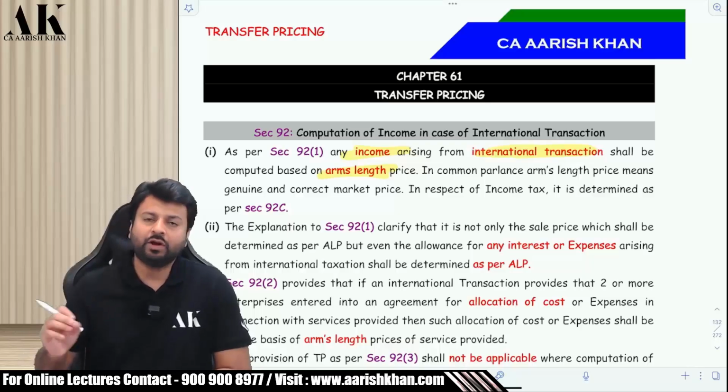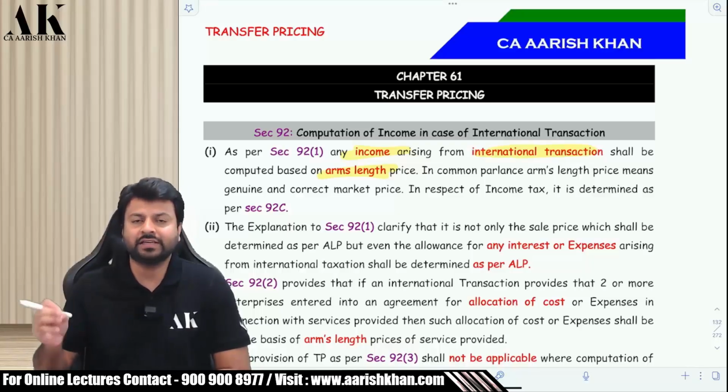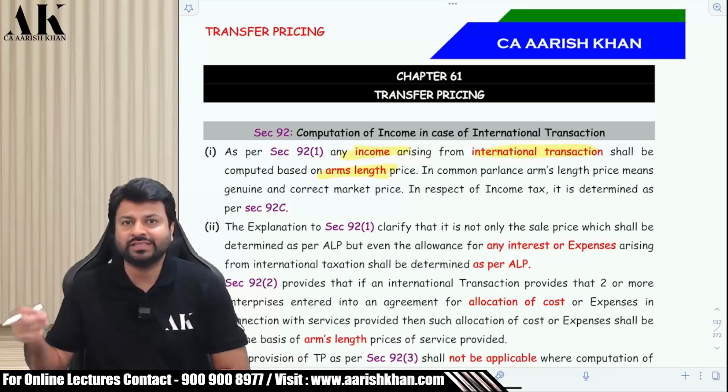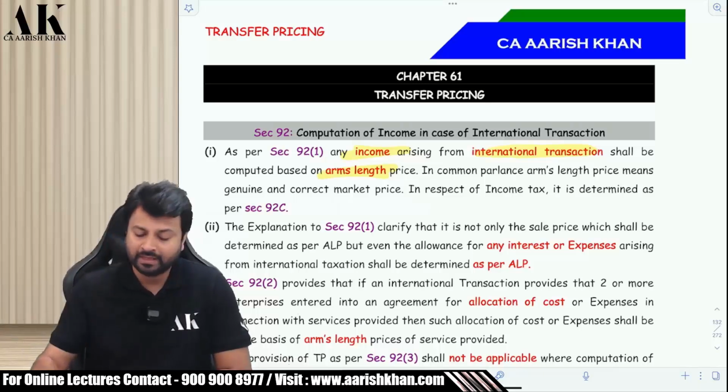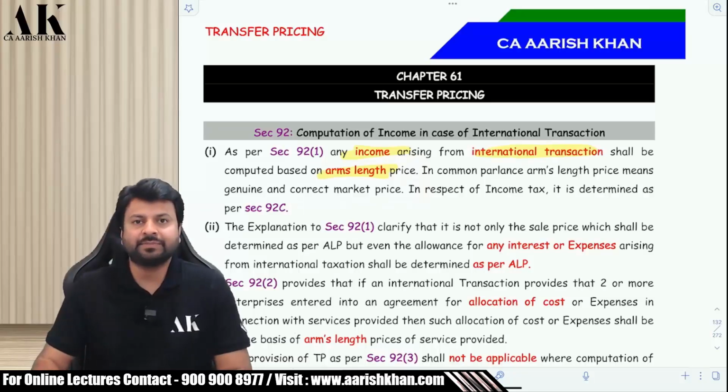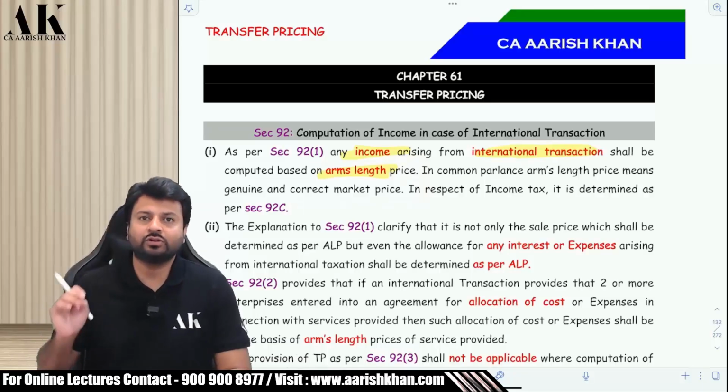Now, what is international transaction? That is defined in section 92B. That we'll see after some time. What is arm's length price? That is defined under section 92C. That also we'll see after some time. Don't worry. Now, apart from that income, apart from expense, apart from cost,